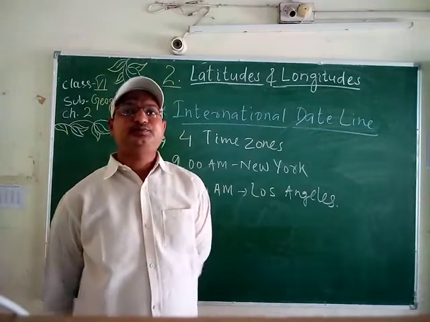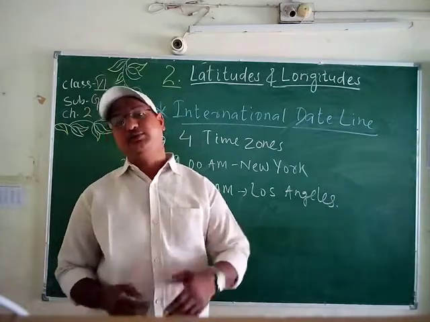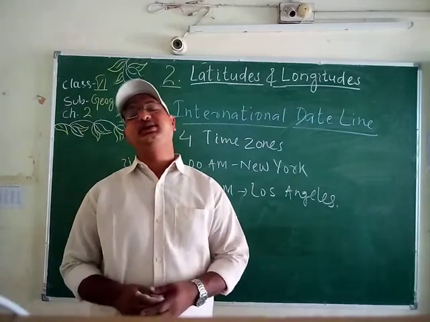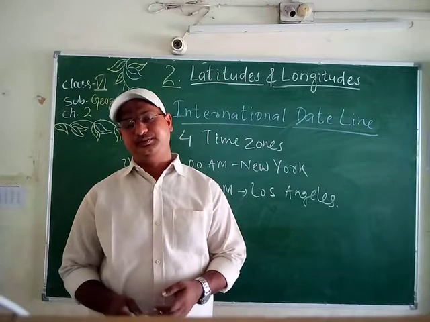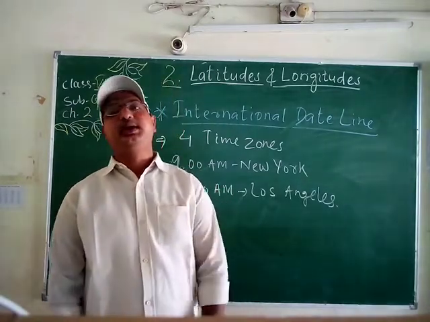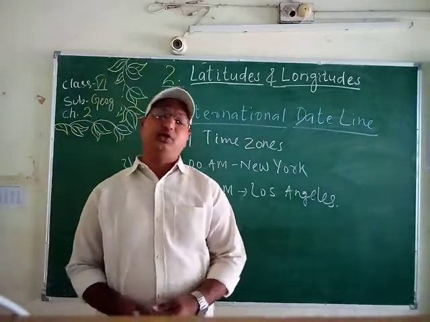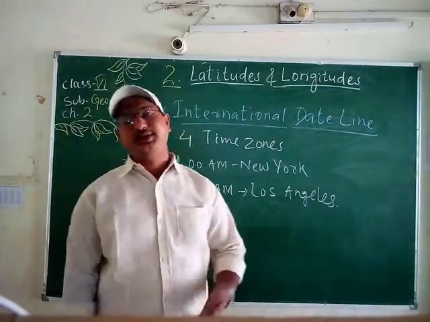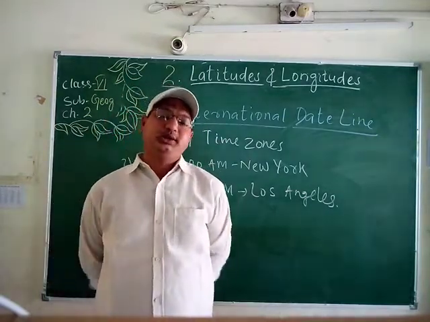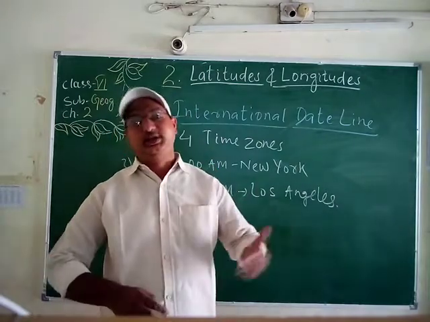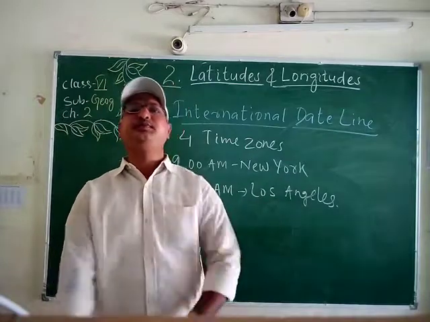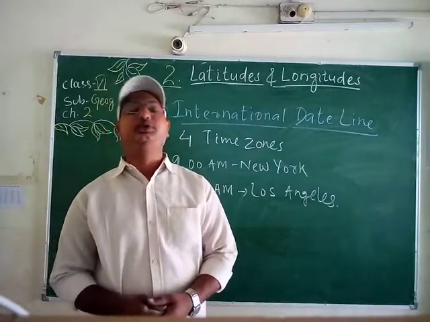And students, what help do we get from latitudes? Latitudes help us in determining the general climatic pattern of the region. Then the time on the prime meridian is referred to as Greenwich Mean Time or GMT. Students, by this we learned about latitudes and longitudes in detail, the Earth's grid, locating places, Greenwich Mean Time, Indian Standard Time, local time and time zones in this chapter. I hope you have understood this chapter.